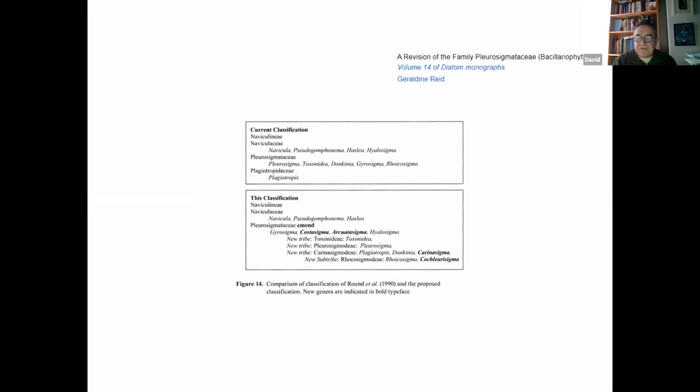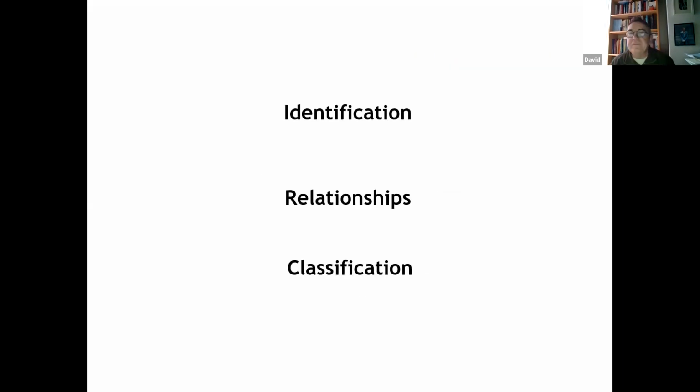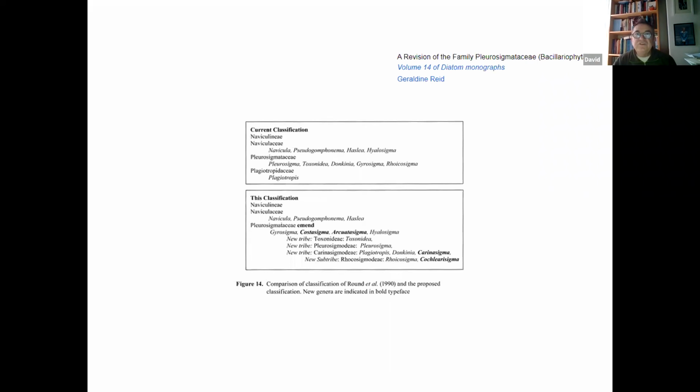So what's that relationship between identification, relationships, and classification? I still think the arrow goes upwards, not downwards, that we classify these things first because that's a discovery process. Their relationships are discovered on the way. And then once we know what we have as biological entities, then we can describe them and have some understanding of identification. I've put 2 examples in here of how that might work.